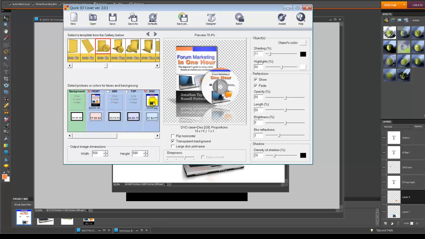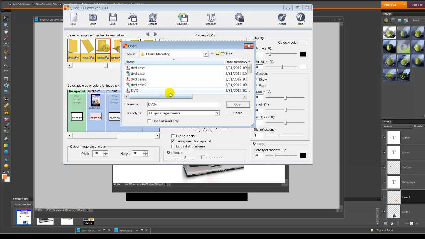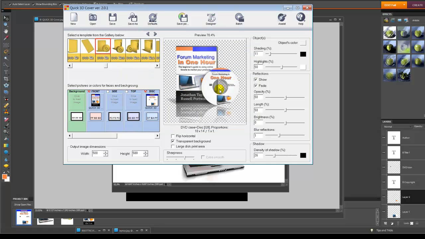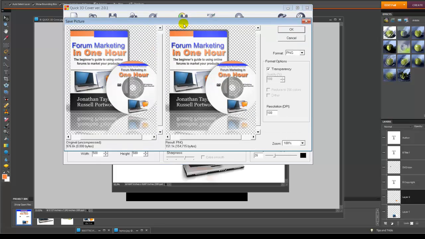Then when we come back over to the disc, we'll click on the disc again and add the DVD. That should get us close to where we need to be. We still need to make a few changes, but as you can see, we're getting closer and closer, and we've got our DVD cover and our DVD, and it's ready. Once we're ready to save, we can go Save Pic, and then we can save it at the dimensions we need to, and we've got a nice looking cover that we can upload not only to our website but also to Amazon once we have published our